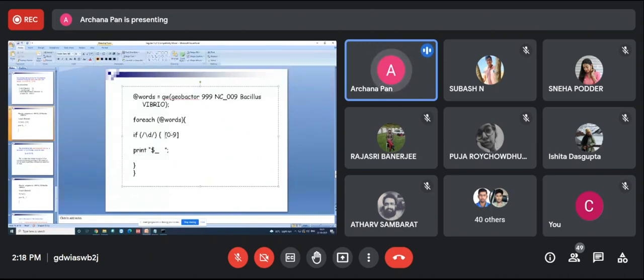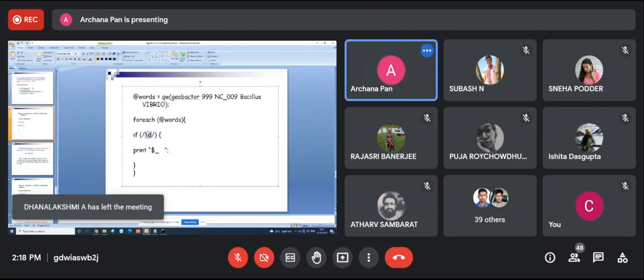So instead of this one, I have used backslash and D. Okay, so this basically represents the character class for digit. Okay, so see this one.